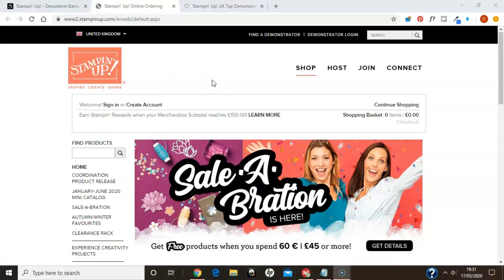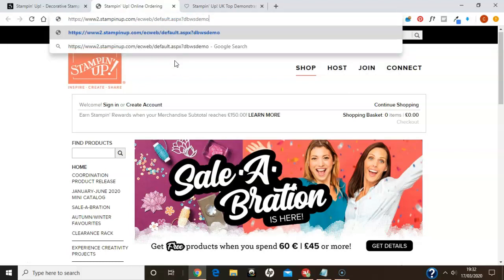Of course, your customers can use the Find a Demonstrator option up here, and the requirements for you being listed in there are given in the Demonstrator Policies document on the demonstrator website. To make it easier for your customers and to send them to a page where you are already listed as their demonstrator, we can add some characters to modify this URL. So what we have to do is, to the end of this URL, we just need to add